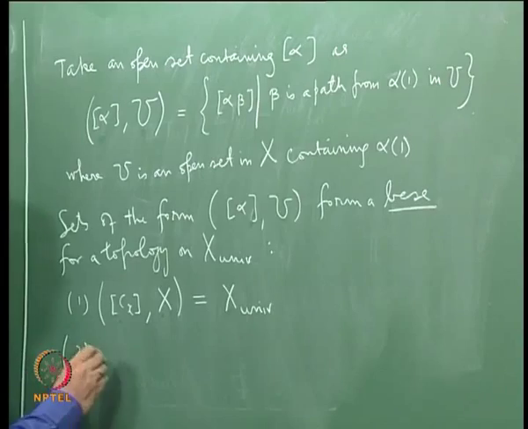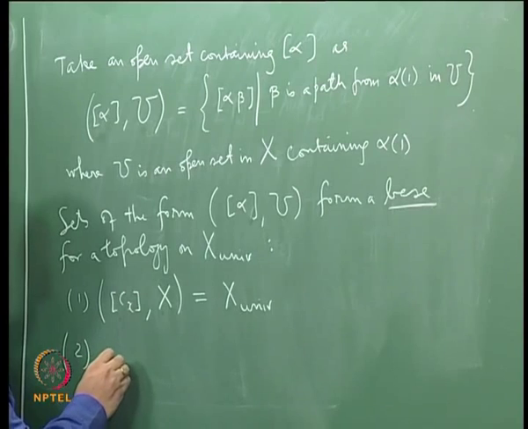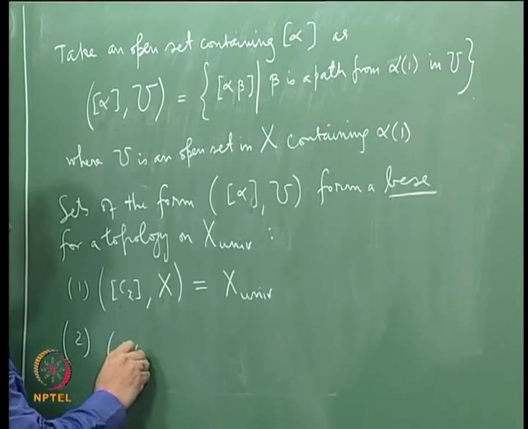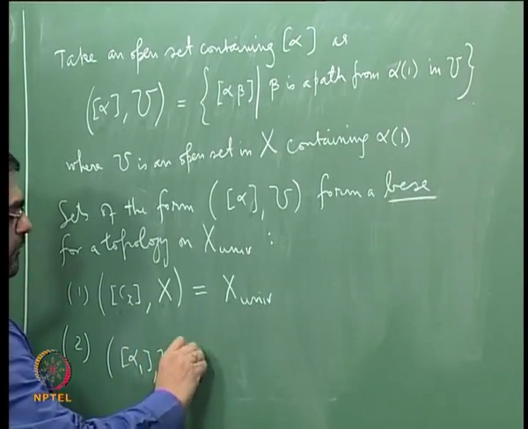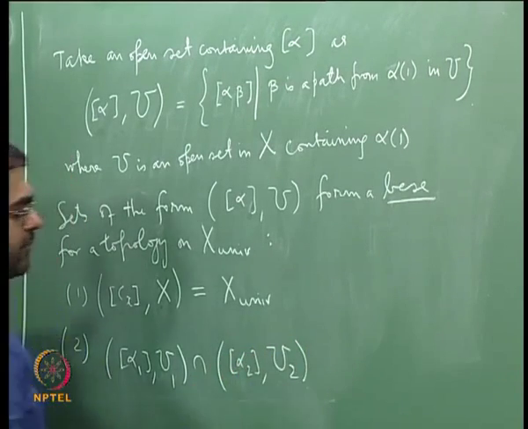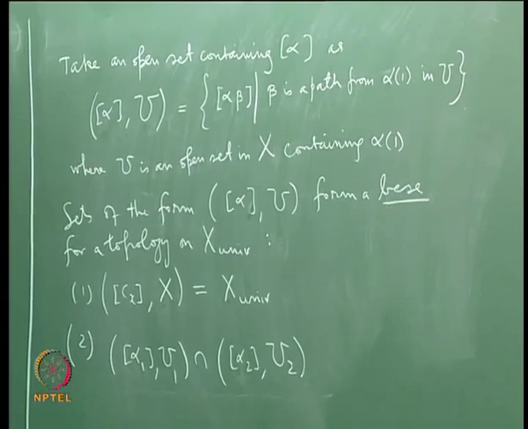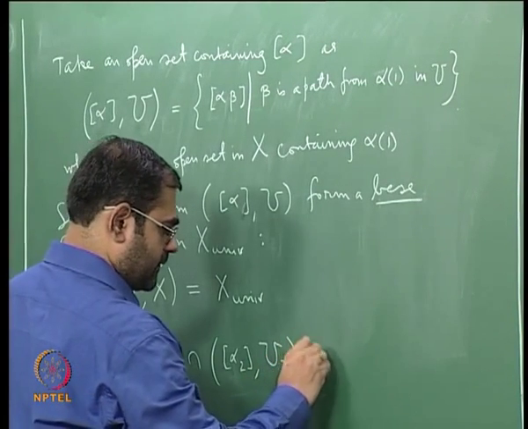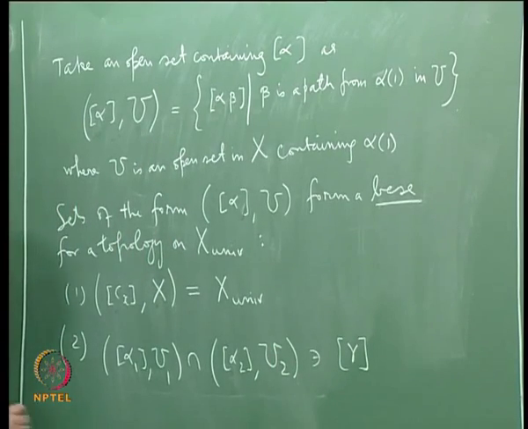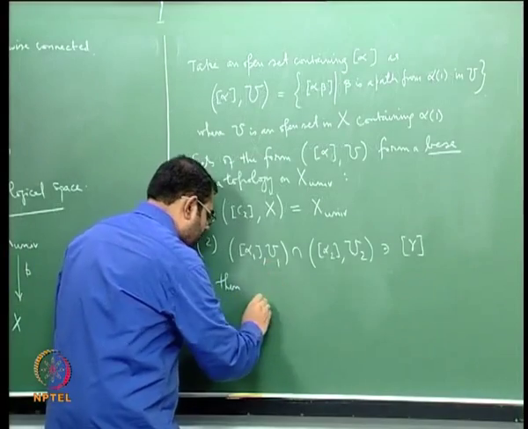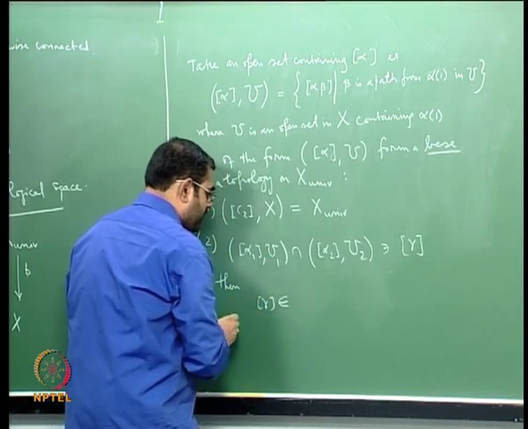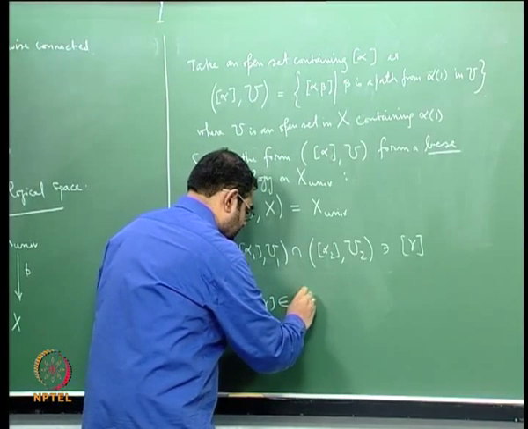And the second thing is that if you have two such sets, let us say alpha 1 u1 and alpha 2 u2, and you have a point common to these, say gamma, then what happens is that this point gamma belongs to the following set,